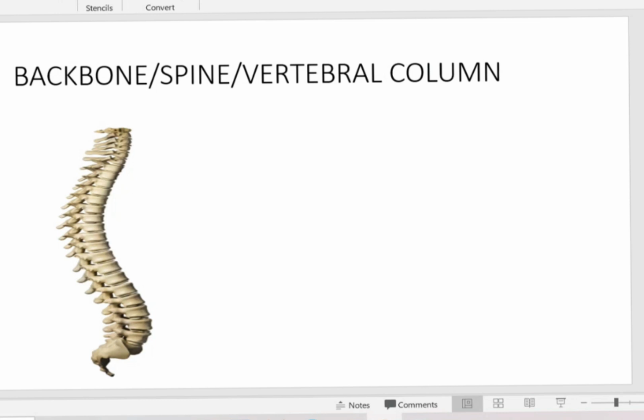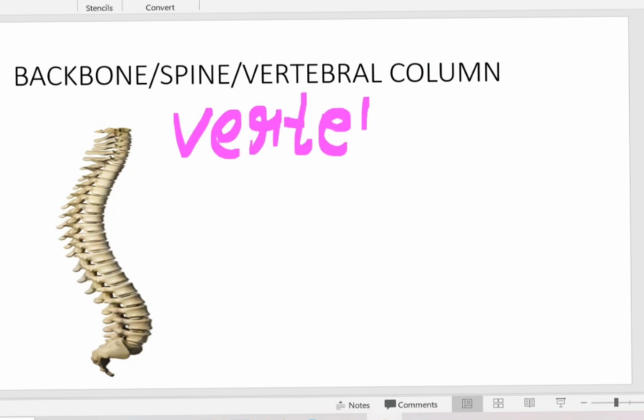So at the end part, there is a tailbone. It does not consist of only one bone. Just imagine if it were made up of only one bone, you can't bend. You can't do anything. It will be in one stretch. That is the reason many small bones are arranged. It is called vertebra.